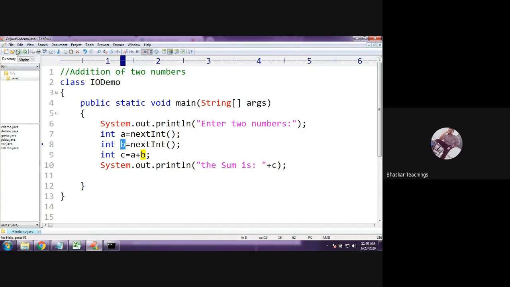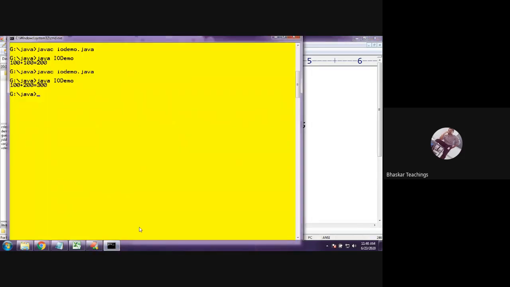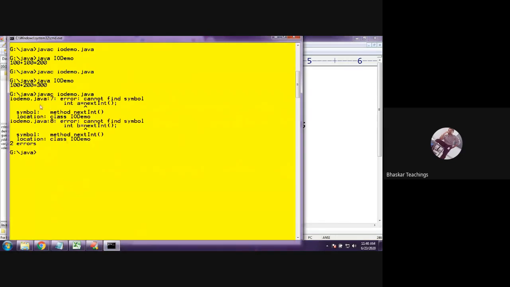But see what the compiler is going to say. I'm going to get two errors, at line number 7 and line number 8, saying cannot find symbol nextInt. It is showing an error at nextInt at line 7, and again at nextInt at line 8.